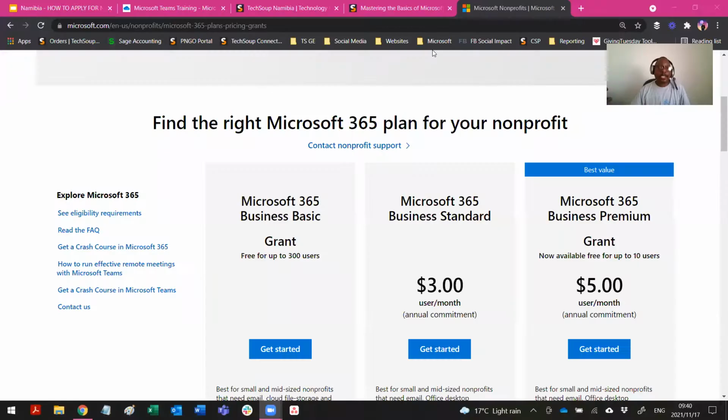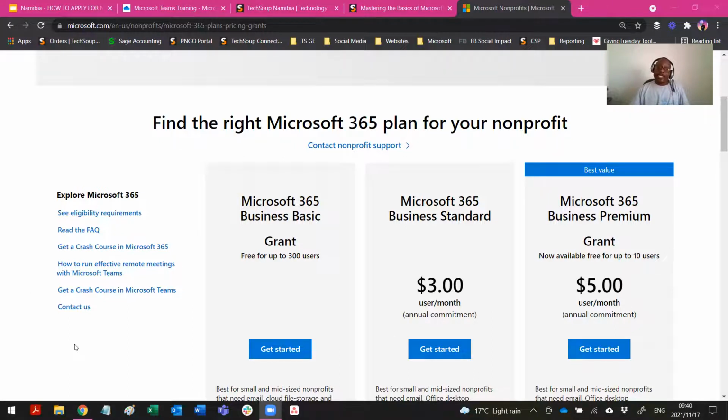You will continue using them, but you won't be able to purchase additional E1 or E2 plans, but you can definitely have access to the Microsoft 365 Business Basic, which is also available at